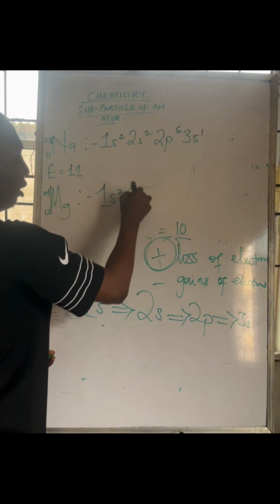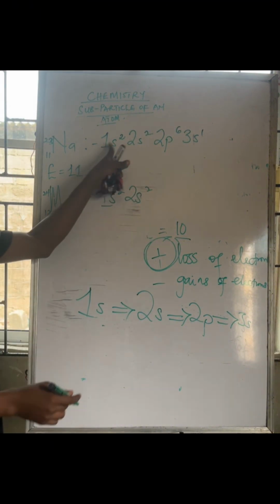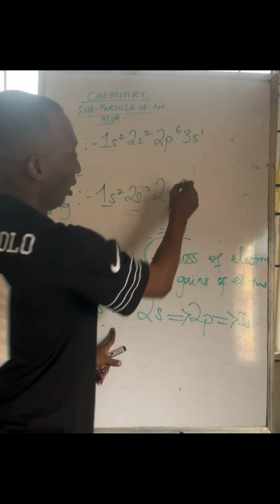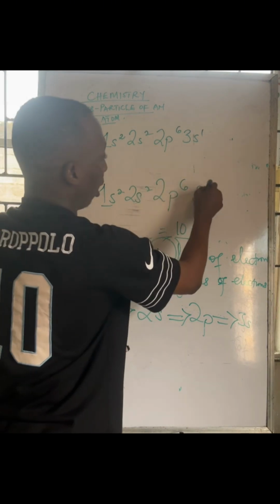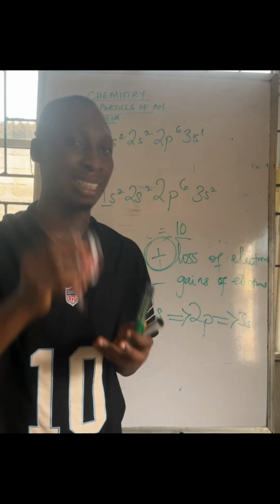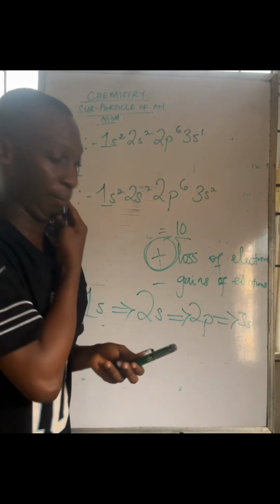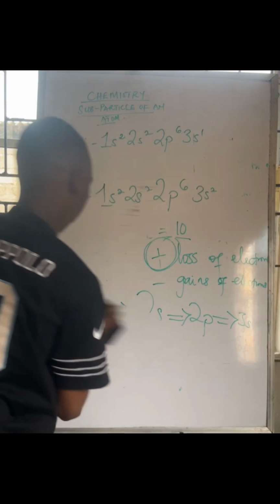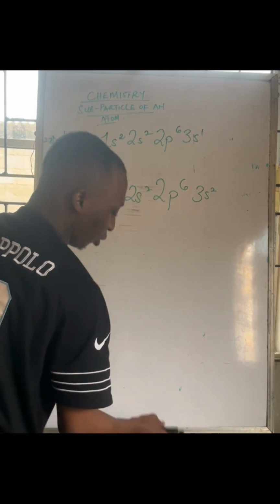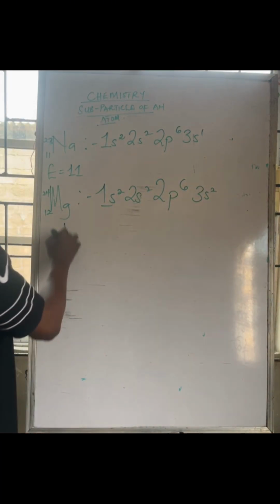1s2, 2s2, 1s2, 2s2, after which I move down to 2p6, 3s2. The idea is simple, learn to understand. So from what I had discussed here now, let's move down to the next principle, which is the